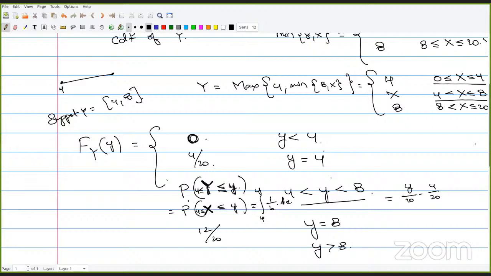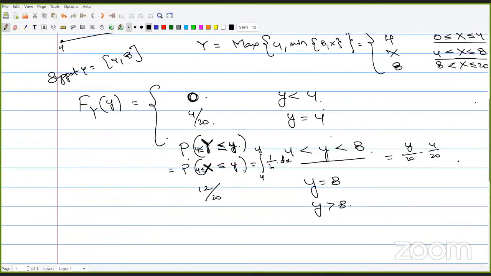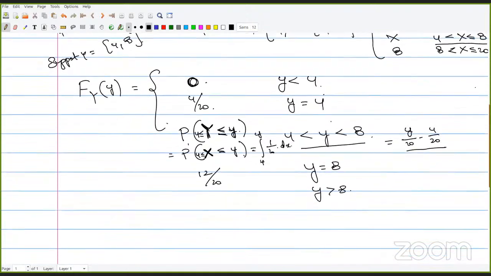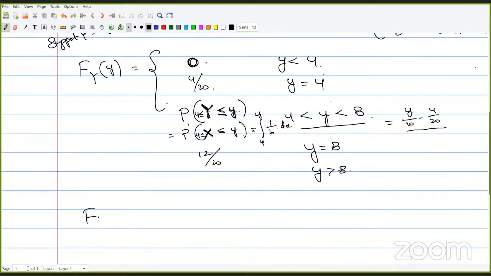What was the answer in 4 to 8? They just added those two, so 4 by 20 plus y by 20 minus 4 by 20, because they have included the 4 first. So between 4 to 8 we got y by 20 minus 4 by 20. They just wanted to combine these two and show it as a CDF. What they did is F_Y of y,